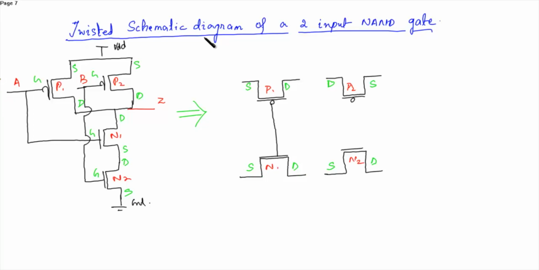Now the sources of P1 and P2 are shorted to VDD, and the two drains are connected. Next, these two drains are connected to the drain of N1,